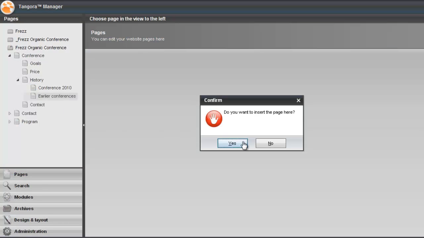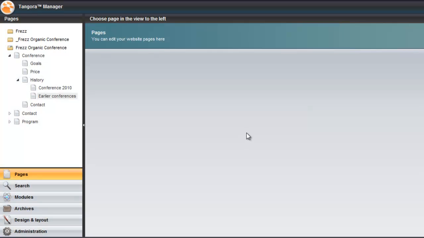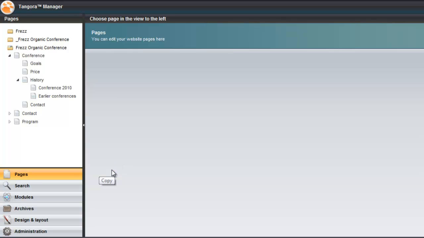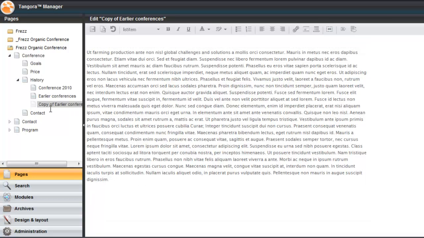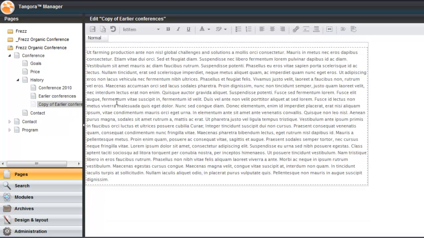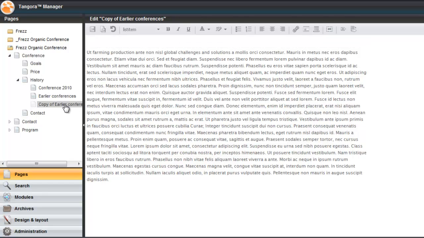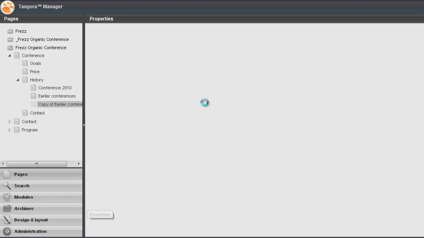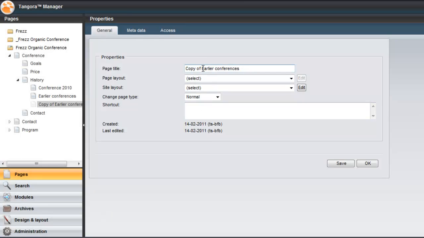You may also find yourself wanting to copy or delete pages. Copying is really handy because you may well want a new page to look more or less like an existing page. The process is simply selecting the page you want to copy and then right-clicking and selecting Copy. The new page appears with Copy Of in the name. So what if you want to change the name of a page? You just have to right-click on a page and then choose Properties. Then you come into the same interface that you met upon creating the page.